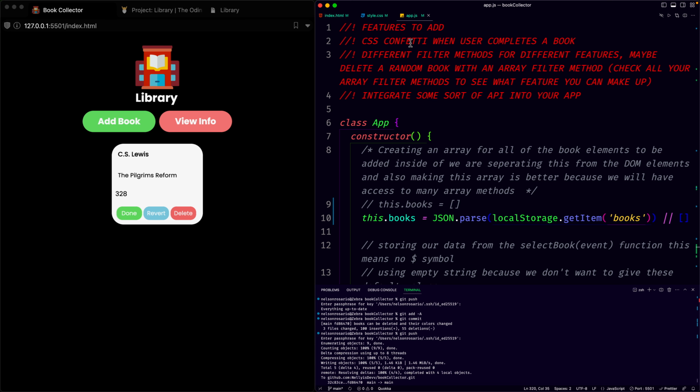Okay, we're running out of time here. I wanted confetti when a user completes a book. So when they click done, they get confetti, kind of saying, hey, you completed the book. And then I also wanted different filter methods for different features. Maybe delete a random book with the array filter method. Check all your array filter methods to see what feature you can make up, and then integrate some sort of